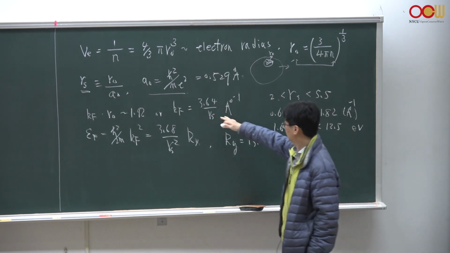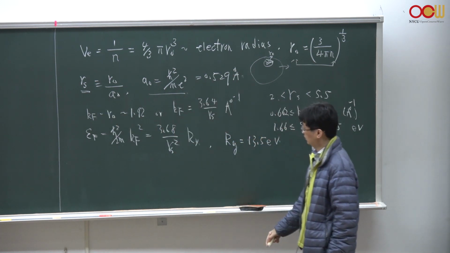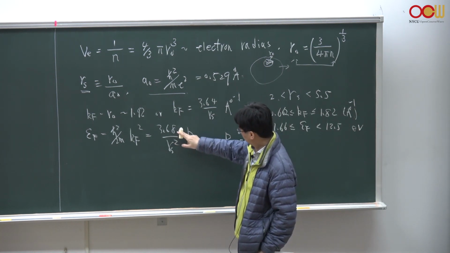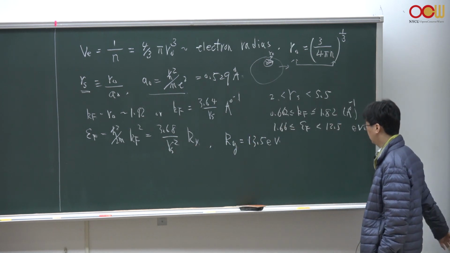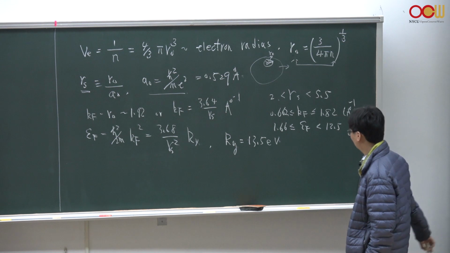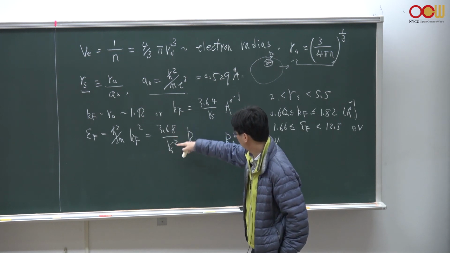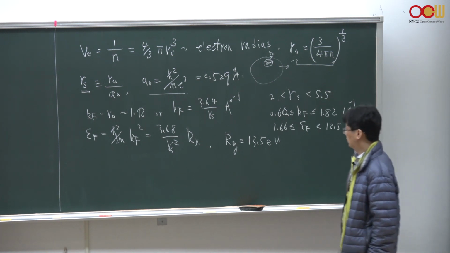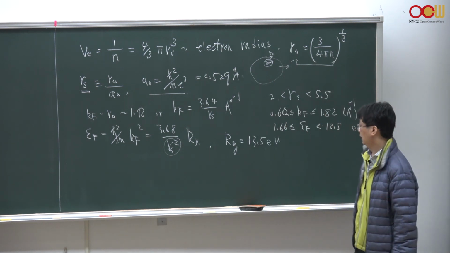And these are the numbers that you could check in, say, ordinary metals. And the Fermi energy, again, is expressed in terms of this rs squared in the denominator, and also the Rydberg constant. The Rydberg constant is the first ionization energy of the hydrogen atom, and so it is 13.6 electron volts. So the Fermi energy could be expressed in terms of this number multiplied by the Rydberg constant. So you can see that depending on the electron radius relative to the Bohr radius, this Fermi energy